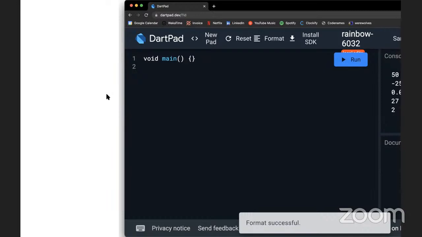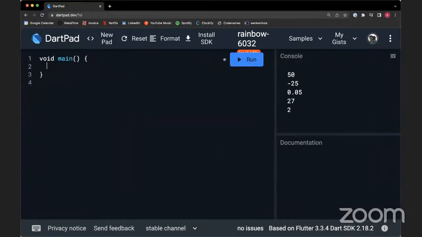Okay, so on to today's topic, which is on object-oriented programming. So we're going to cover the following things. We're going to cover OOP, we're going to cover classes, we're going to cover constructors, and then if we have time, we'll cover private objects. Okay. So first off, let's start out with